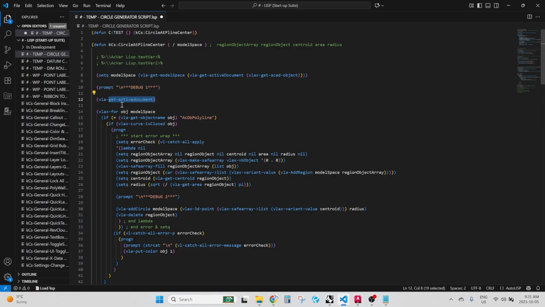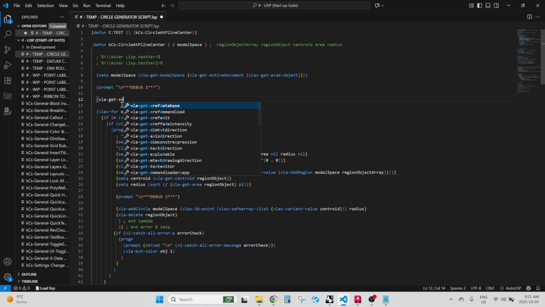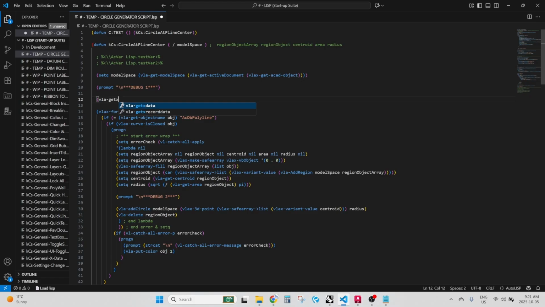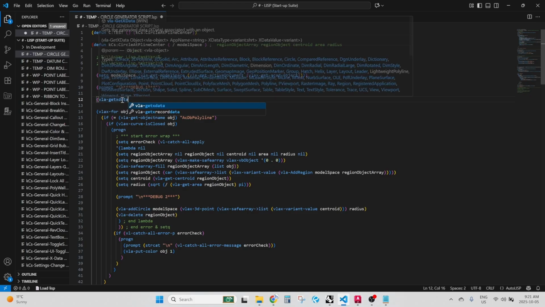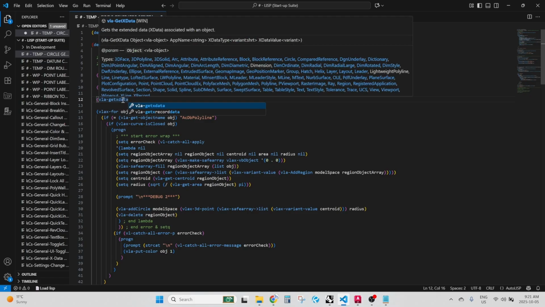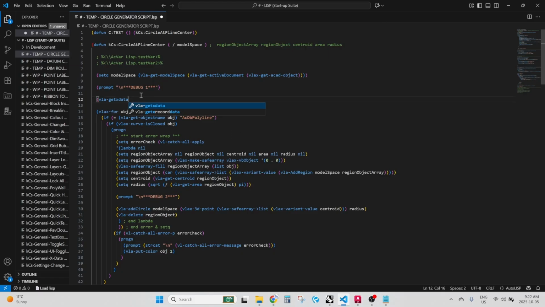Let's do VLA at. Yeah, I guess it does. I didn't notice this before, that if you hover, it does give you a bit more information. So that's good, I guess, but still,